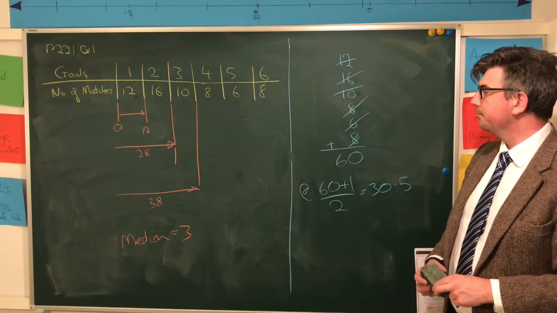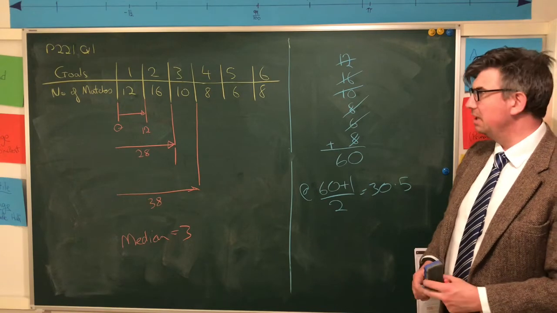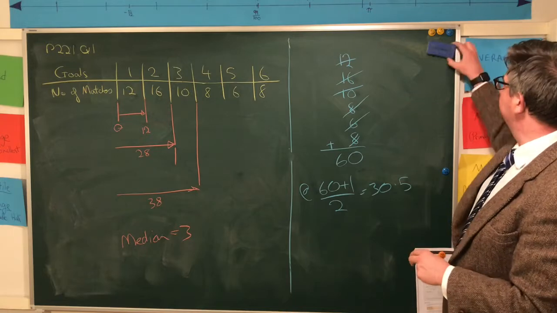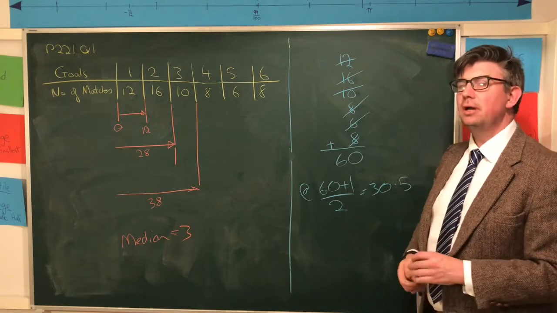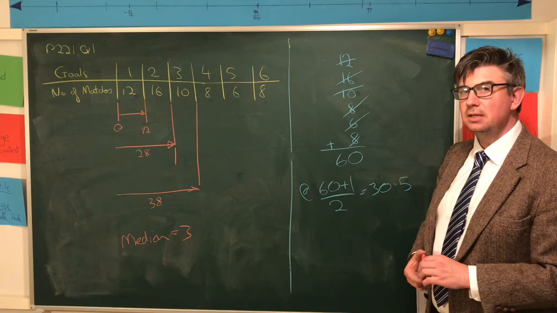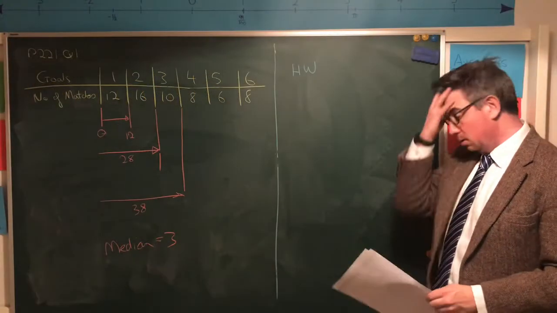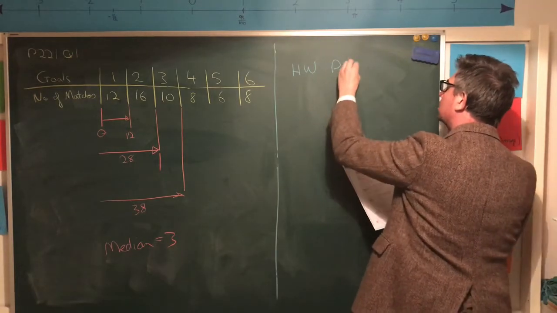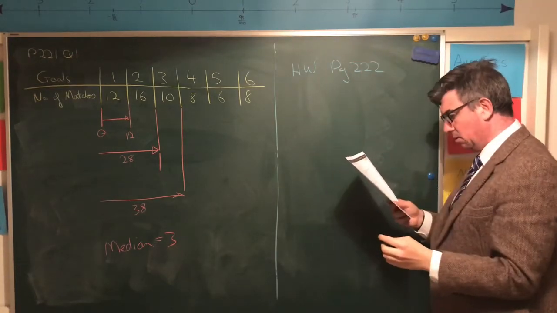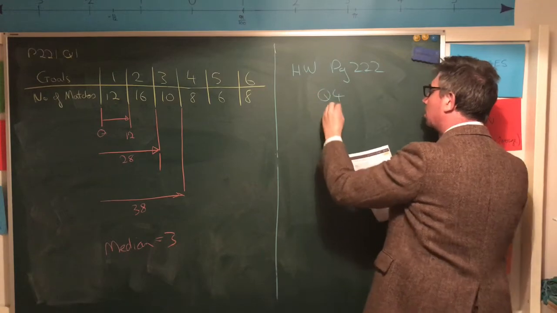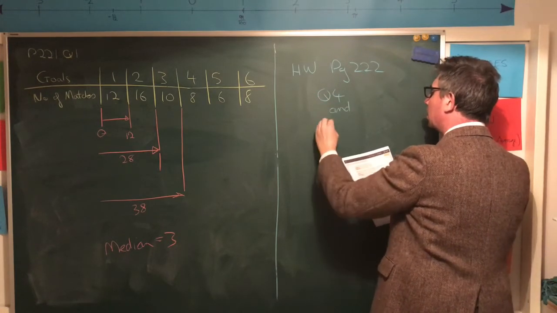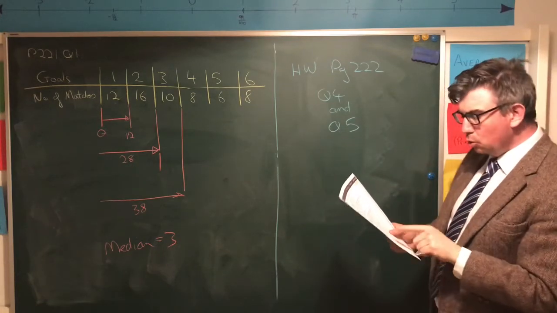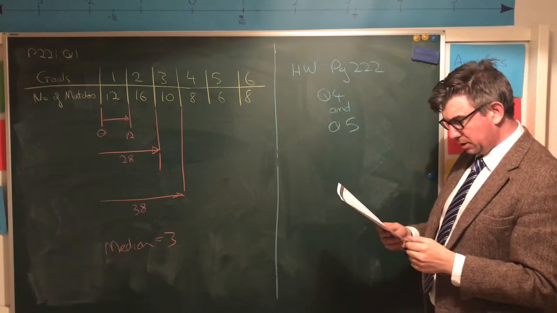So that's another example of finding the mean, mode and median of a frequency table. I'll now put up some homework on the board for you guys to do over the weekend. Our homework for the weekend is going to be on page 222, question 4 and question 5. And there's a new word that you're going to encounter there on question 5, and that's the